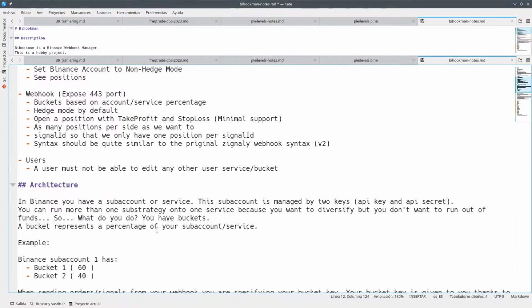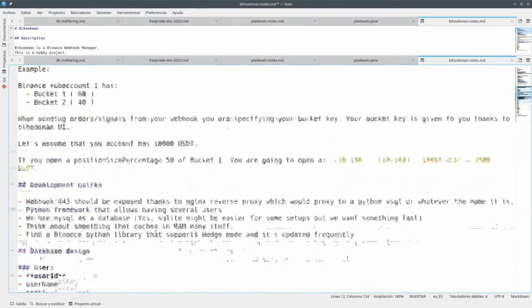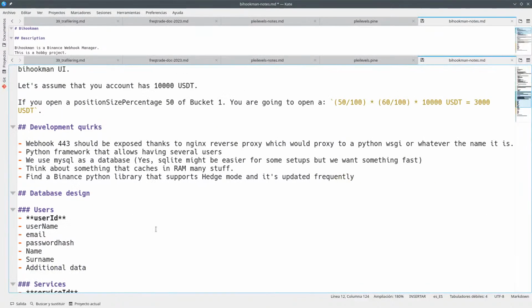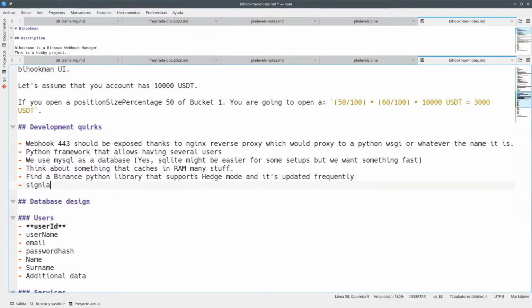Signal ID. So signal ID should be specific to a bucket, because we don't want